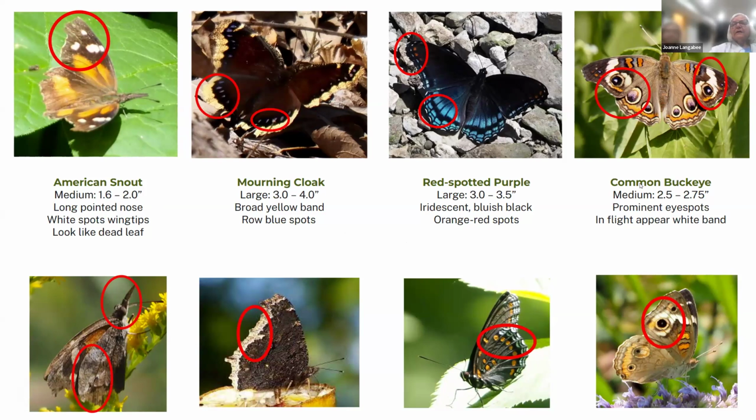The snoot and the buckeye are strays. Snoot, it really varies how often we see it. The buckeye we'll see almost every year. The mourning cloak really likes it early in the season. It winters over. It's the third one that winters over. I was seeing quite a few of them in March. And you won't see them very often in the summer because they don't like the heat. And the red spotted purple, they like the lower leaves of hop trees and such. And they kind of go to the same area year after year. I stop and I'll look around to see if I'm going to find them at a couple places in the forest because I always see them there.